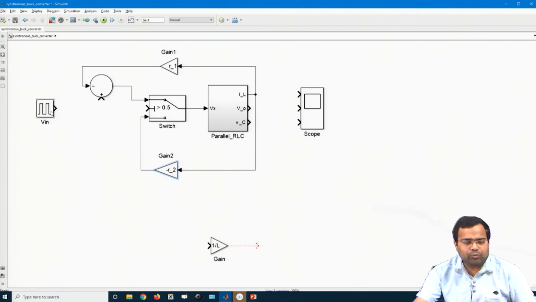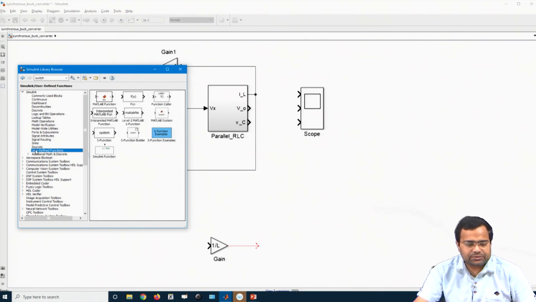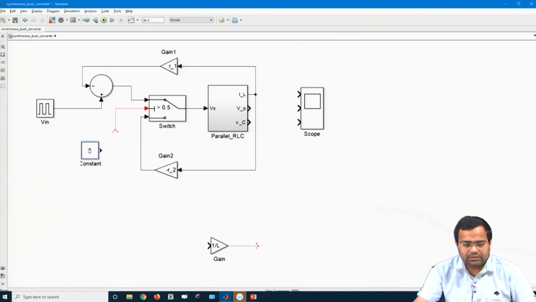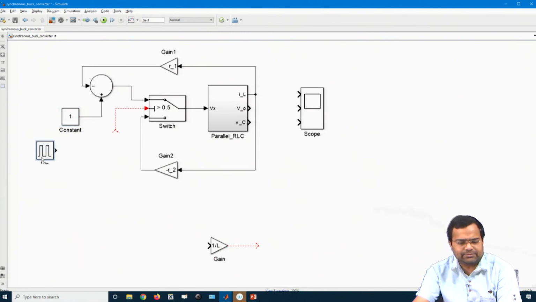Now, the input channel we will create separately. From sources, commonly used blocks, we can use a constant, and that will be used as an input voltage, because for input we need a DC voltage.